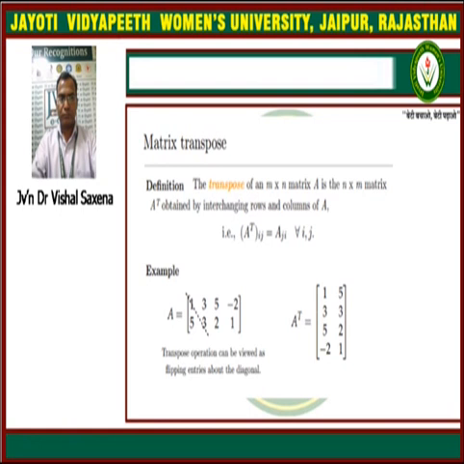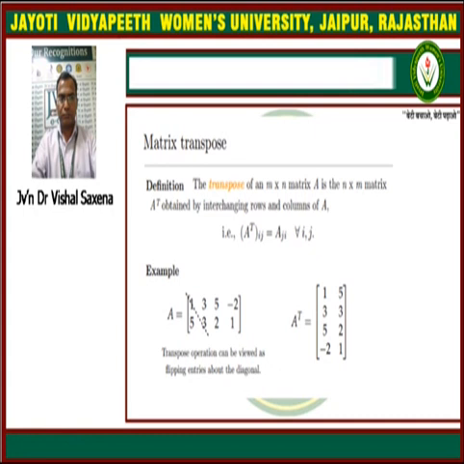And if we have to find its transpose, then we write the first row as the first column. So in A transpose, the first column is 1, 3, 5 and minus 2, while the second row of the matrix A, which is 5, 3, 2 and 1, becomes the second column in the transpose, and therefore it becomes 5, 3, 2 and 1. That is called A transpose, the transpose of the matrix.